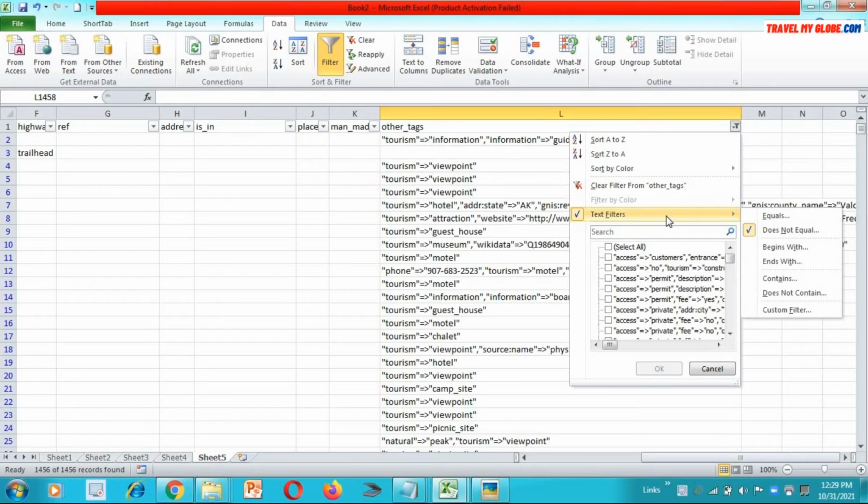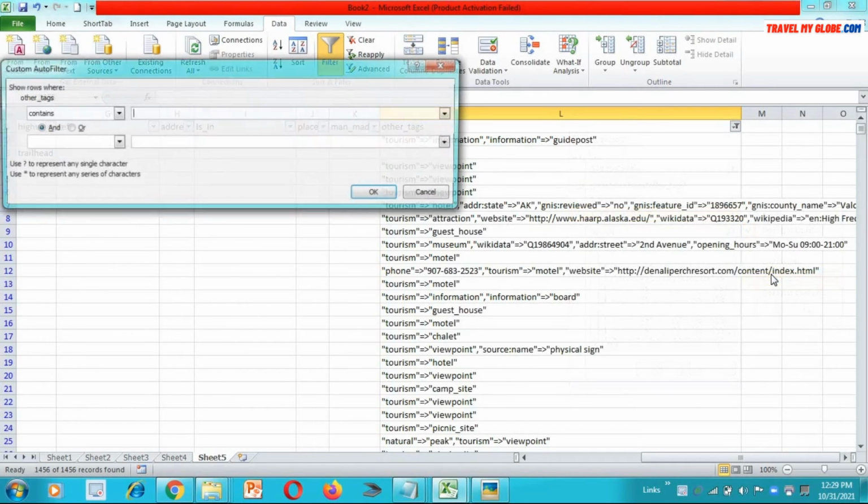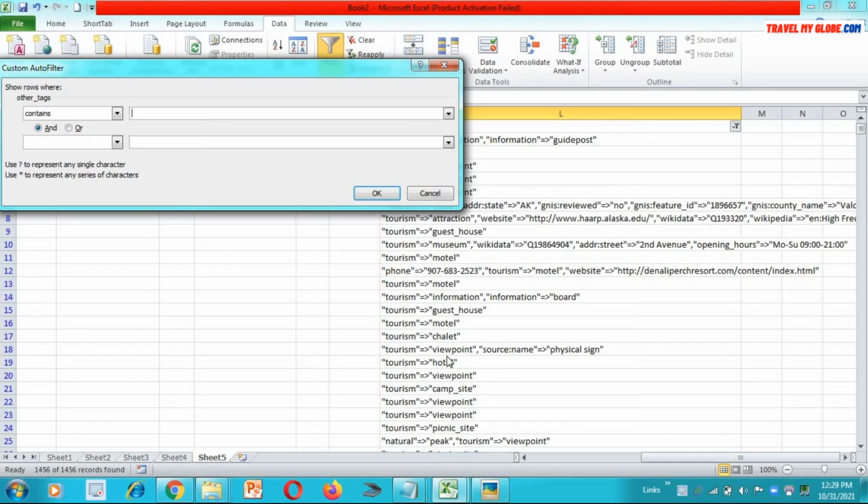Now see the next option, Contains. You have seen in my data there is motel and viewpoint. So I want all those records where viewpoint contains. The Or option works beautifully wherever you want one or two types of particular records.